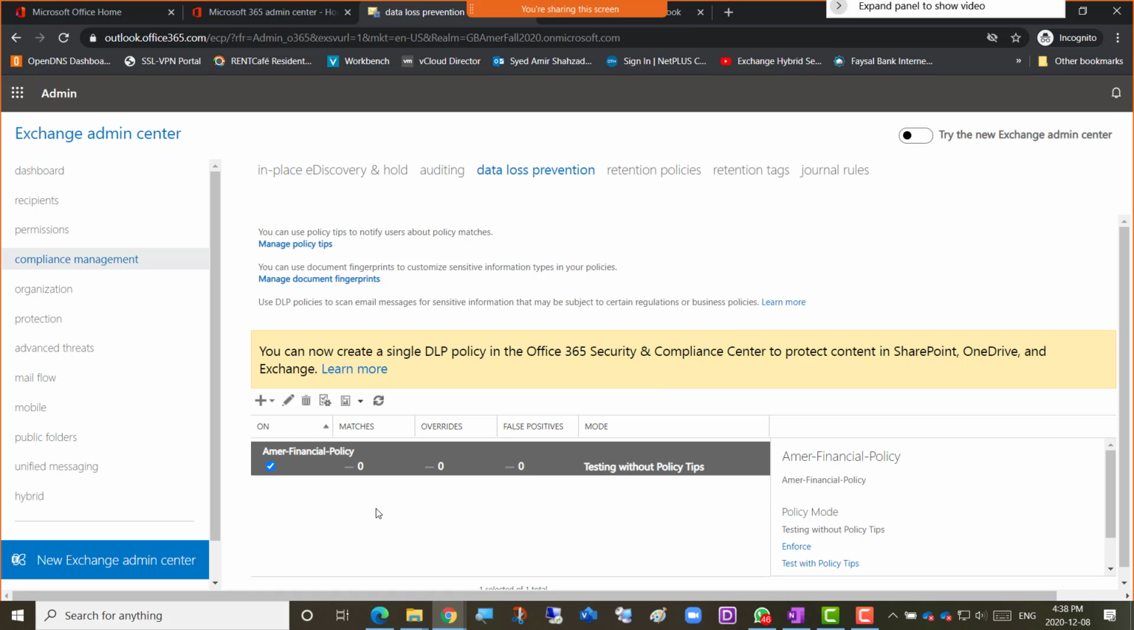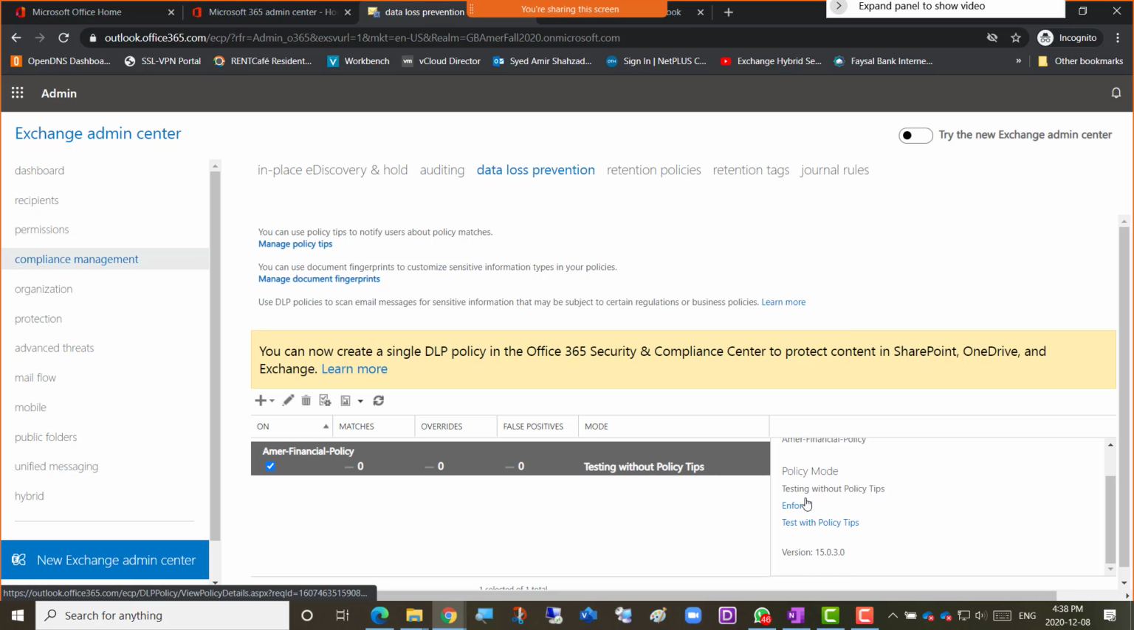So this is the policy that has been created here, but the main thing is to understand the purpose of this. This policy is selected here, and on the right side you can see the default option is testing without policy tips, and enforce means it's actually going to prevent that email from leaving the organization. Test with policy tips. What are the policy tips? This is here, manage policy tips. And what is the policy tip? It comes as a tip on top of the screen that you're going against the company policies right now. So if I click manage policy tips above as well,